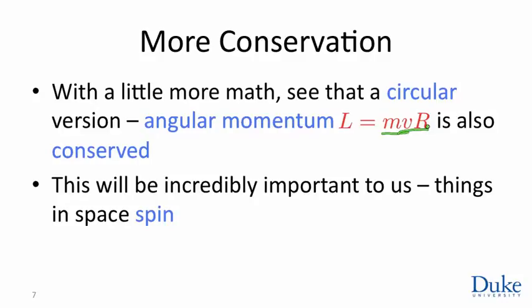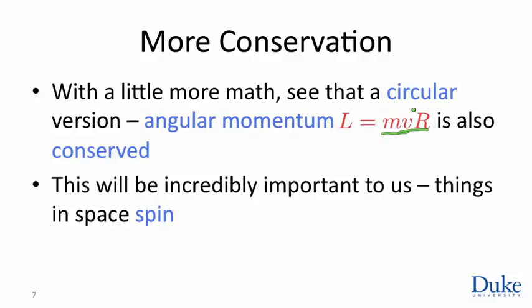And what one finds is if you have a collection of objects that are all moving together, you sum up, just as with momentum, the total angular momentum: the mass of each of them times the velocity of each of them times the radius at which each of them is moving around the circle. This is assuming everybody's moving in a circle. There are more complicated expressions in other cases. Then this angular momentum is also conserved in that it can be traded between different parts of a system, but the total is conserved. This is going to be extremely important to us because things in space tend to spin,